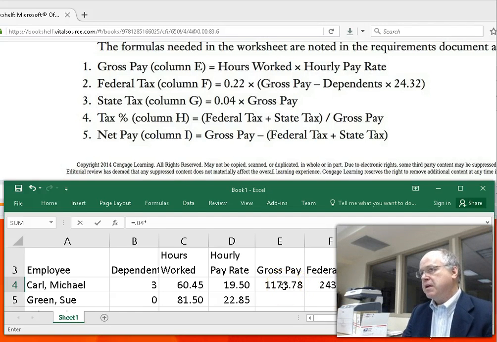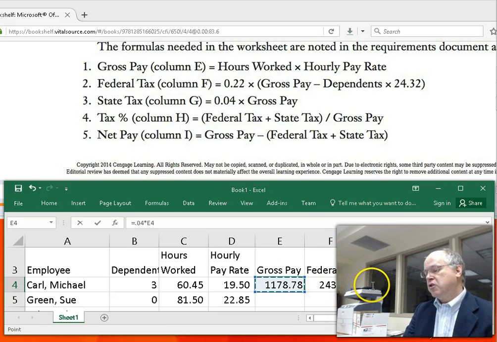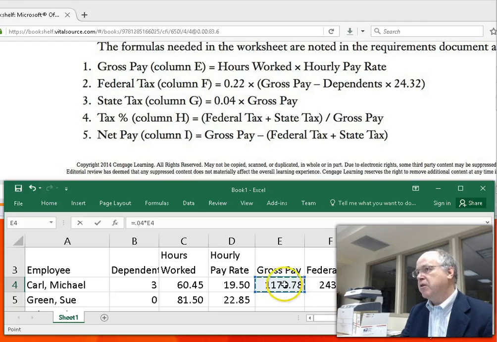Now, one thing to pay attention to here is, notice it doesn't matter how gross pay got calculated. Whether I typed 1178.78 or a formula figured that out, I can multiply by what's in that cell, even though that's another formula Excel has calculated. So we're building formulas on top of formulas, left to right. So this shows us the power of Excel, but also shows us if we mess up this formula, it's going to mess up everything else. So be very careful as you enter the formulas, because other formulas are dependent on what's